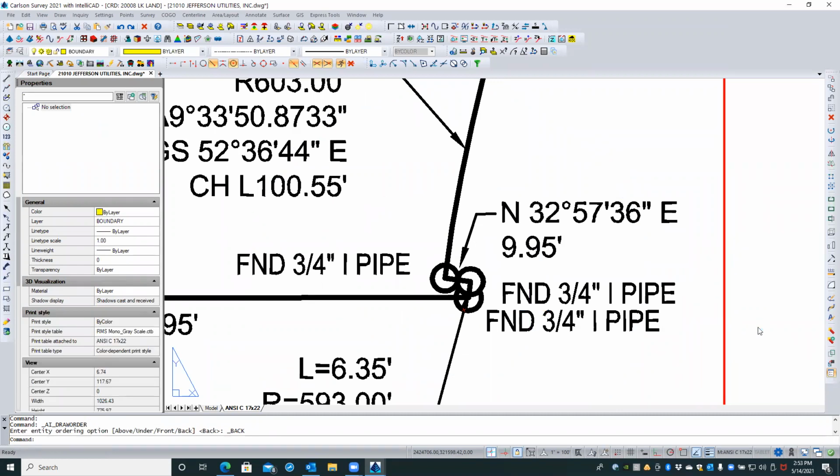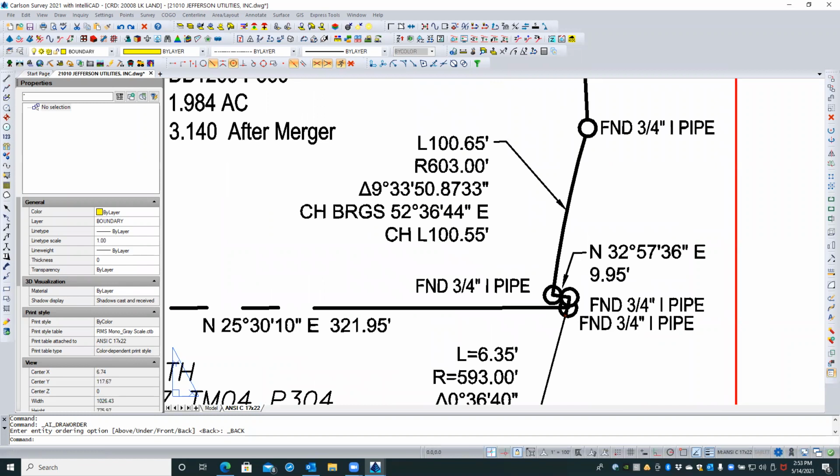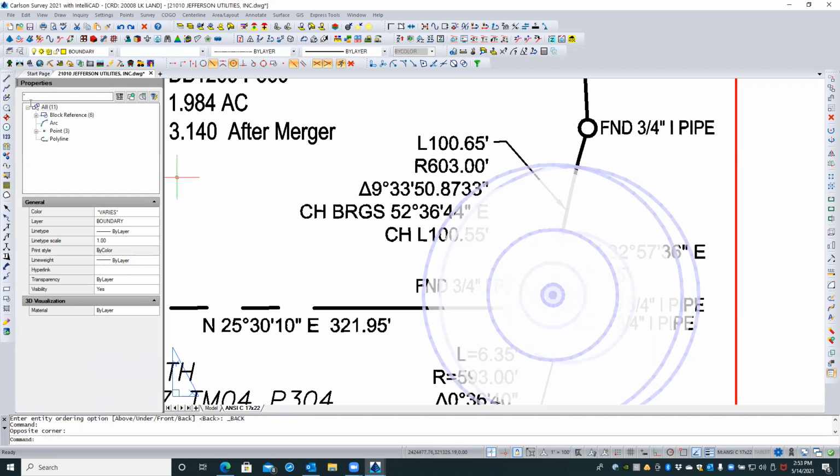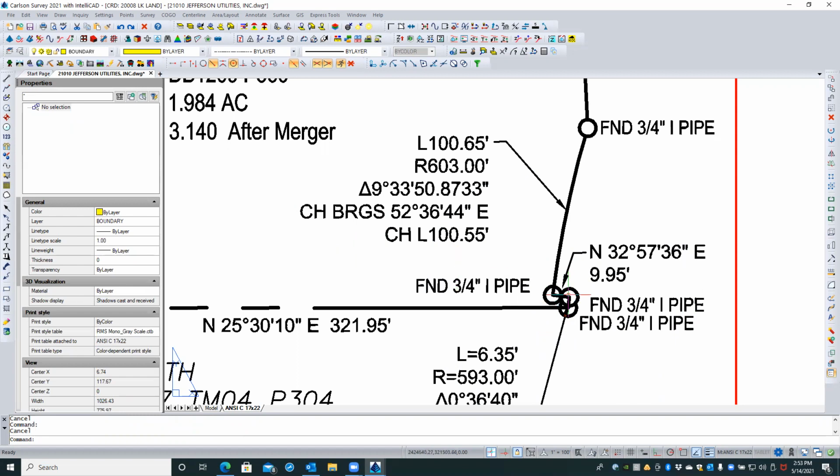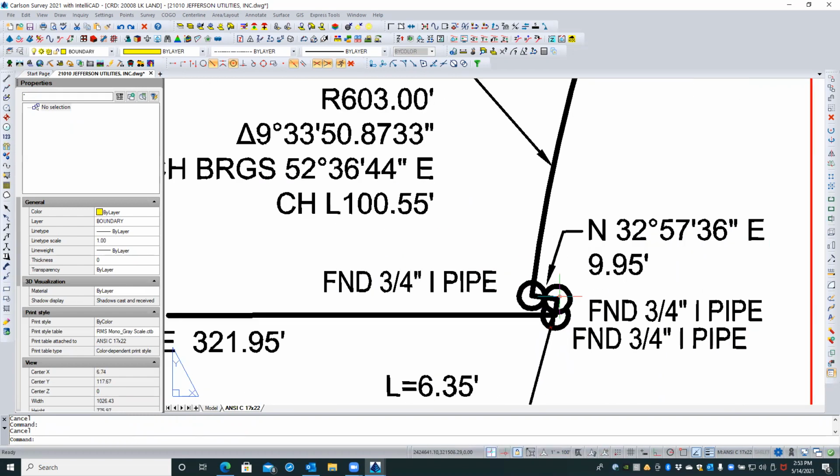All right, let's see what we can do with it like that, because that shows our lines. I think that's probably a little better. If we select that, we look over here, I've got 3 symbols, 6 blocks, and oh, I've also got the arc. That's not a closed polyline, I see. So you've got